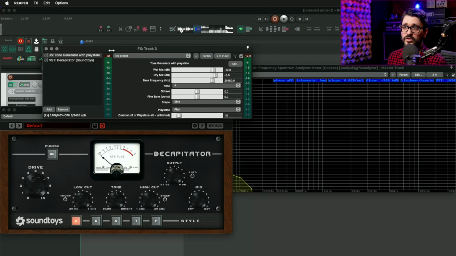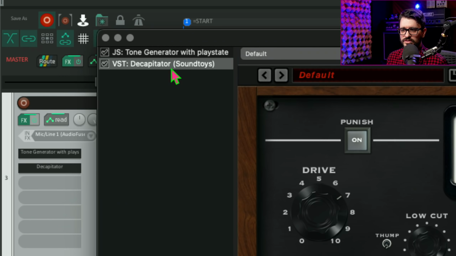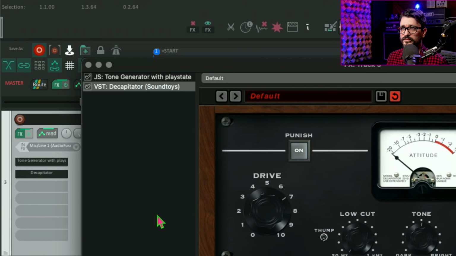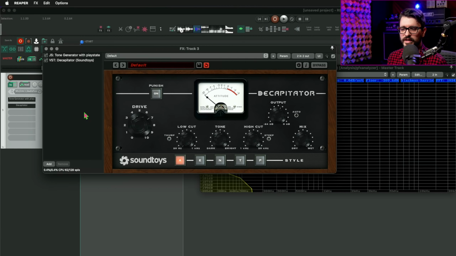The downside of the oversampling is the large amount of latency. So definitely don't oversample if you don't need to. And if only one of the plugins in the chain is oversampled, it's going to look like this, where you keep an eye on the CPU and latency. Switching to Decapitator at 2x. So that's at 2x. So yeah, oversampling is going to add a lot of latency, but potentially it's going to